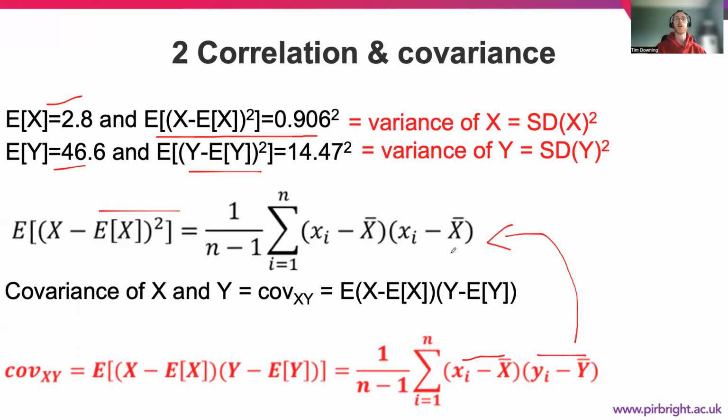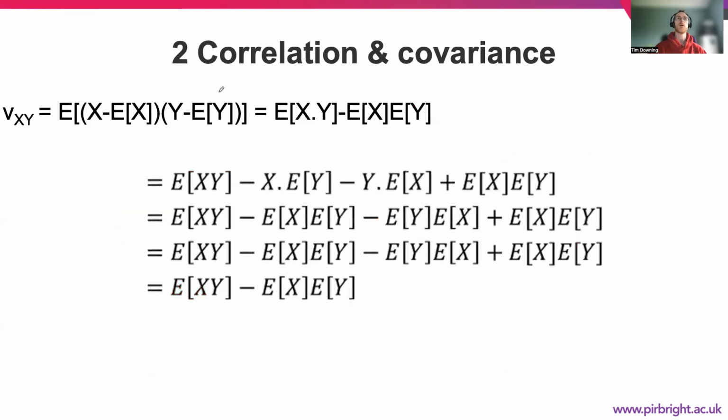And we can show as well that the variance of y is equal to these terms. So we look at the product of the expected value of x minus its mean and y minus its mean. We get this at the end. And we can show that because we can expand this as having x and y, the expected values together here, x minus the expected value of y minus the expected value of x, and the product of the two expected values together. Now, if we simplify this, well, this is what we get at the end,